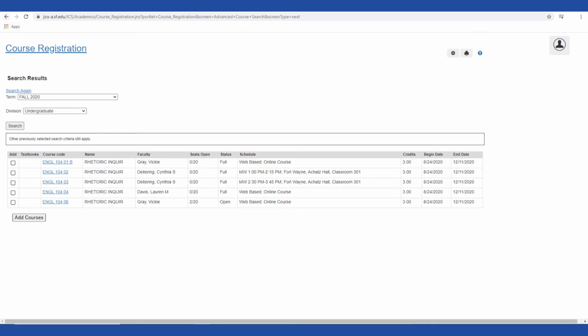You will only be able to add the courses for your campus location. To register for your chosen section, click the box in the Add column next to your choice and click Add Courses at the bottom of the list. Your seat in the class is reserved, and you'll return to a summary screen where you can search for the